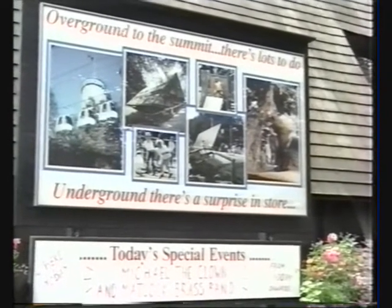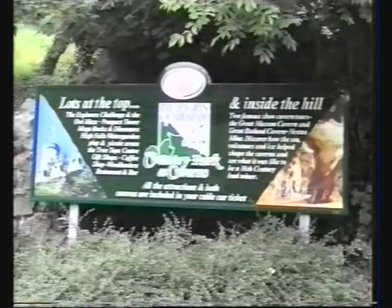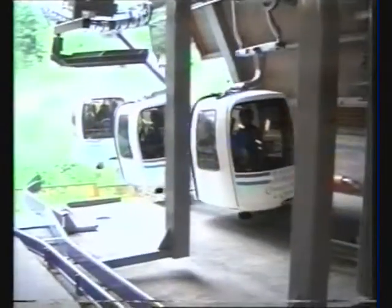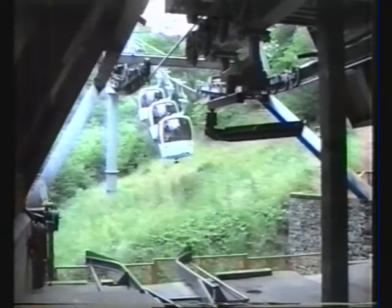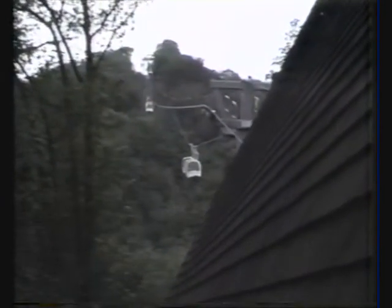I wouldn't mind going just for the ride on the ski chair, but it wasn't to be. They don't let you go up there just for the ride. You've got to pay the full amount and go up there as if you're going to enjoy all the amenities. The cars seem to go up in threes, quite quickly I might add,